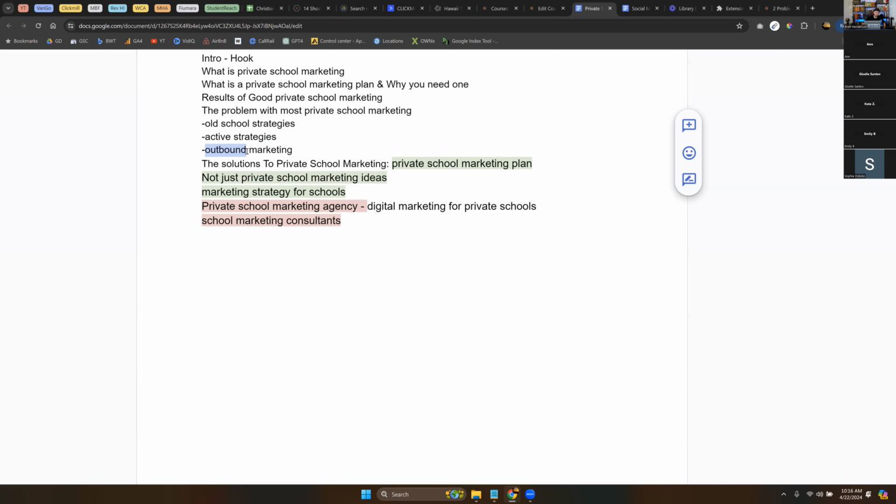And that's way more efficient. Okay, so we want to focus on people already looking for us. That's inbound, as opposed to going out and interrupting people who are not already looking for us, because that's kind of spammy. It's not that you can't do it, it's just that it's not as effective. So we want to start with the more effective things first, and then move to the lesser effective, more branding